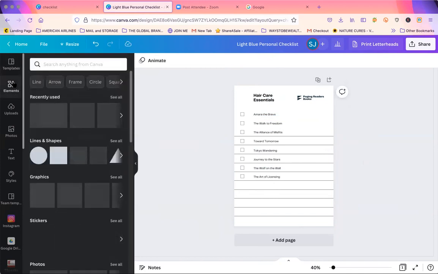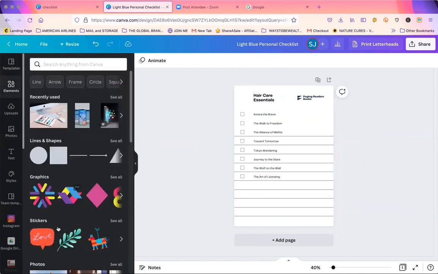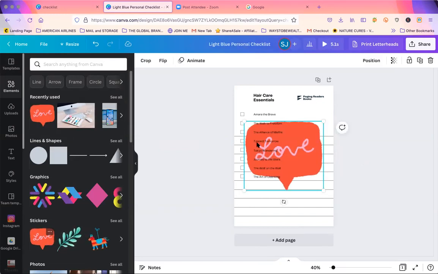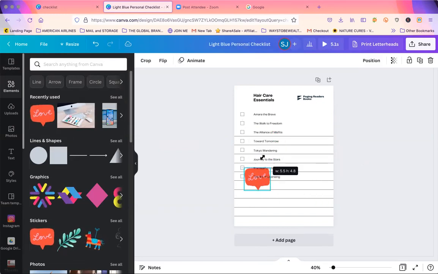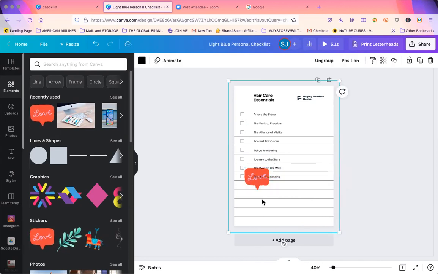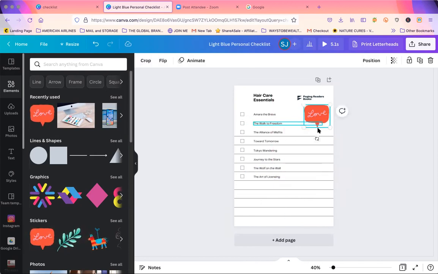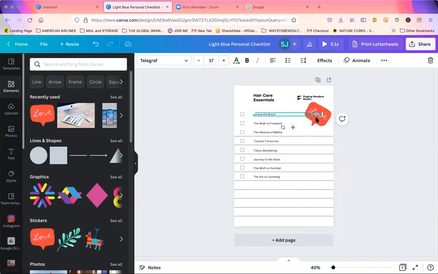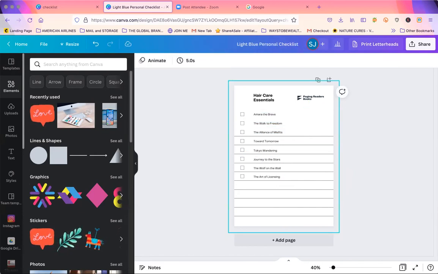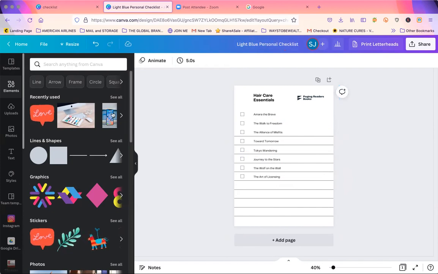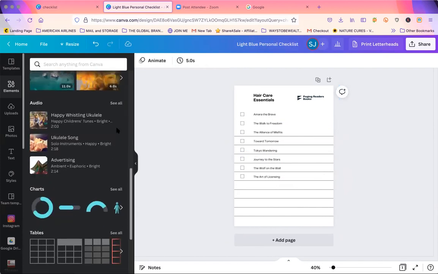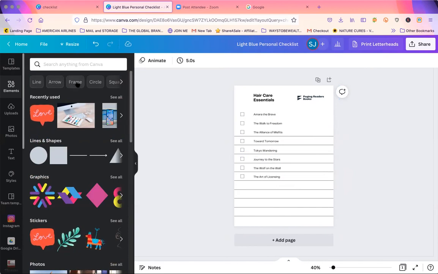And then the great thing is you can start adding elements, okay? So you click on elements and see, you can put these elements in, you can add them to your Canva design, and then you can do it like that. You know, they're just all different things, okay? So your elements are always going to be on the left-hand side, okay? And then you can do shapes,